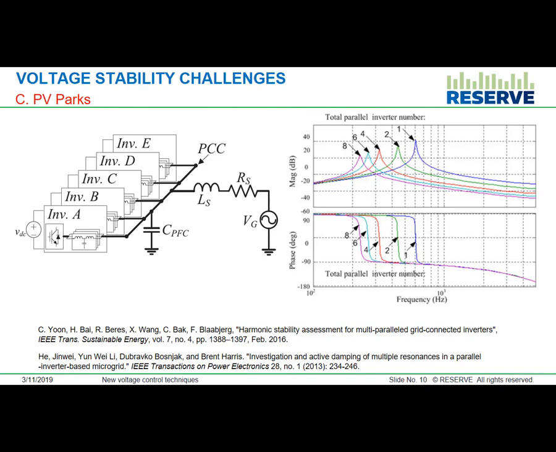So this is what I wanted to explain regarding the resonance. When you have converters with filters, you always have a resonance. So let's say only inverter A is operating, then you have one resonance peak as shown in blue here. And as more and more inverters are added, the resonance frequencies start to shift to the low frequency regions. And what happens is, when this shift happens,